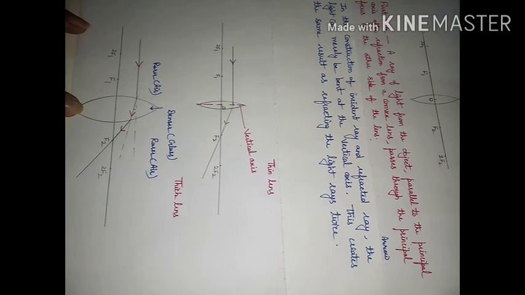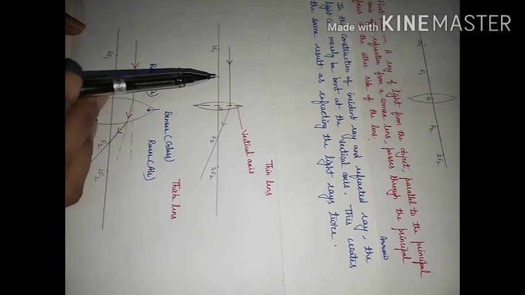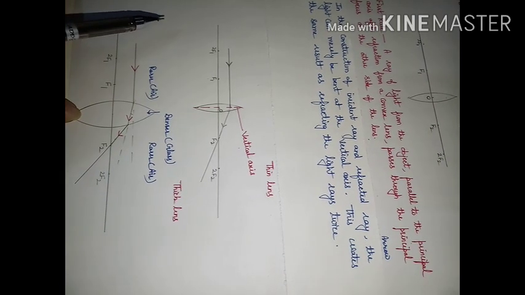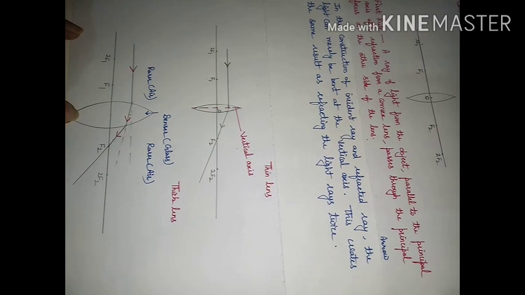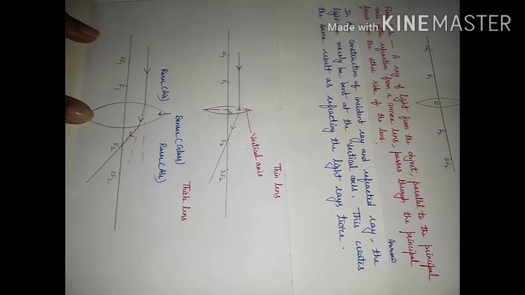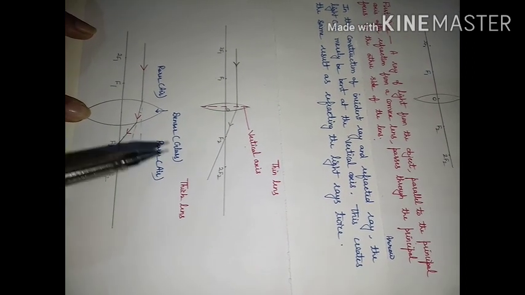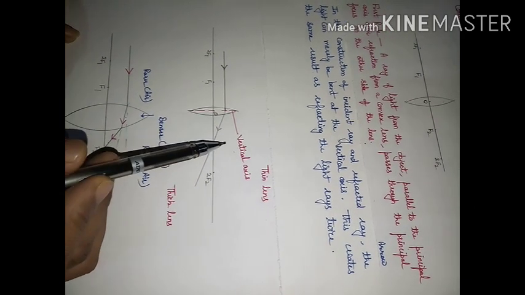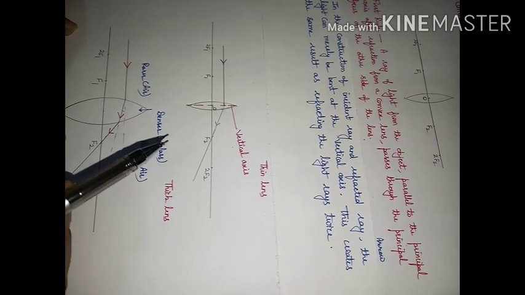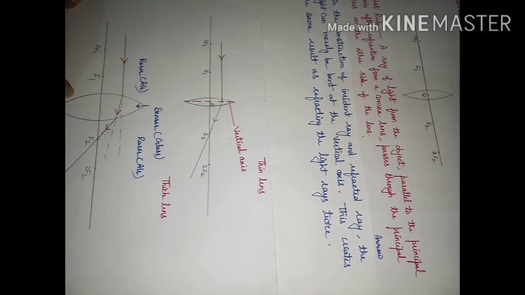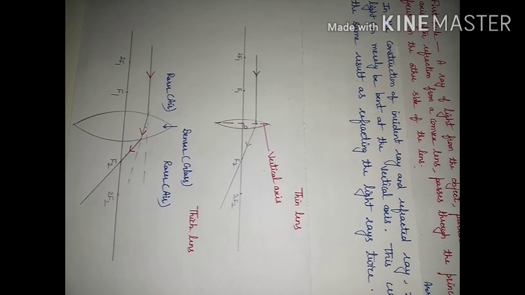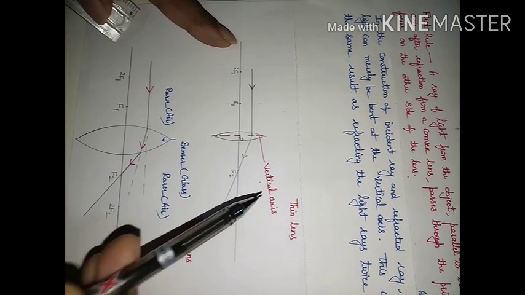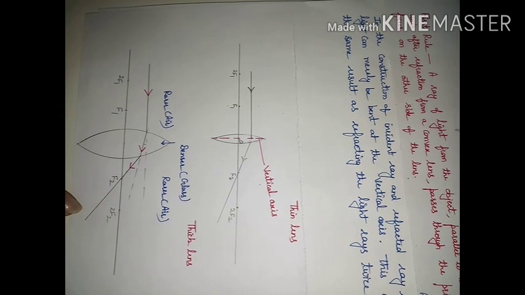Let us try to understand this topic with the help of refraction. We already know when a ray of light is going from one medium to another medium, which have different optical density, then refraction of light is taking place. It means ray of light will bend from its path, either towards the normal or away from the normal. Condition is it should fall obliquely on the surface. This first rule I will consider for thin convex lens, as well as for thick convex lens.